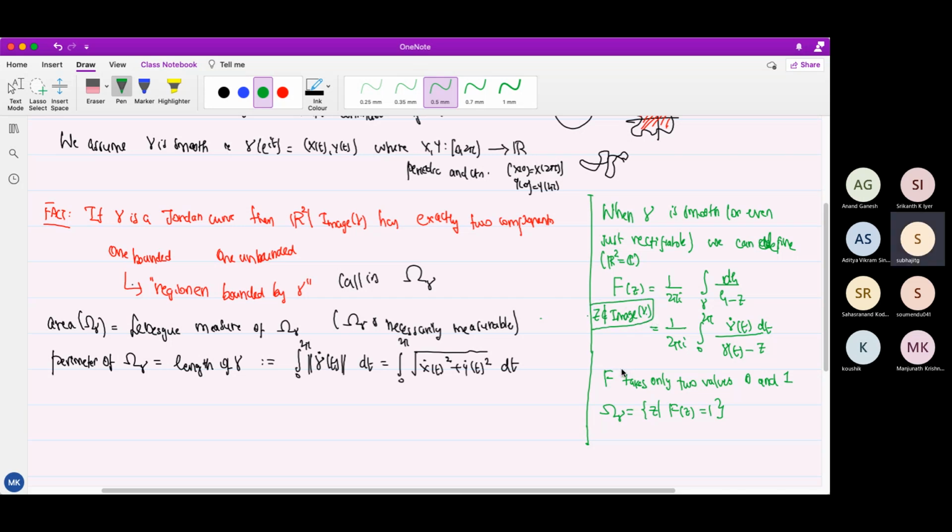Sir, can we use the Cauchy theorem? This is actually more basic than the Cauchy theorem. But Cauchy will directly give that if z is inside the region, then it will be 1, and otherwise it will be holomorphic and it will be 0. But that is the point. What is inside? For a general closed curve, f can take integer values also.